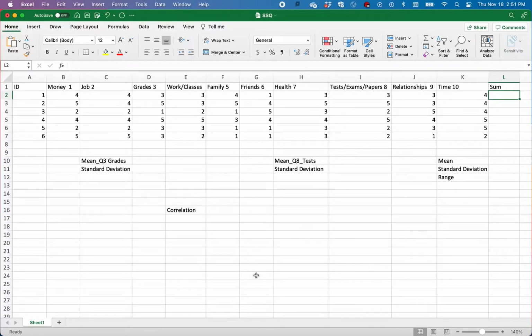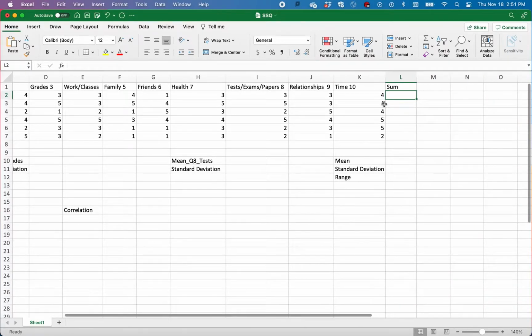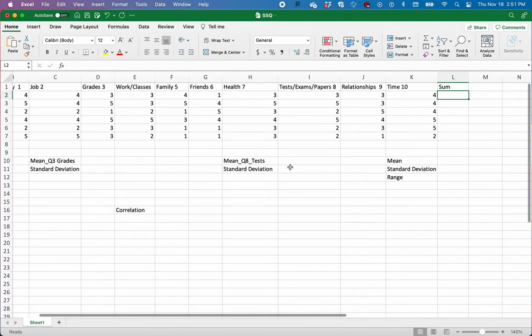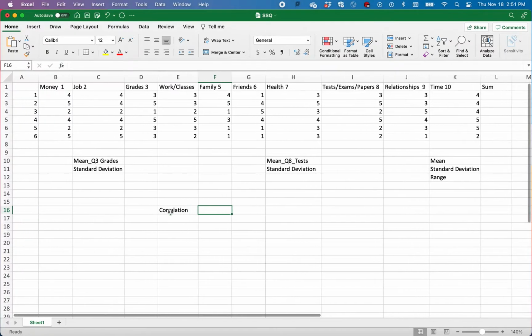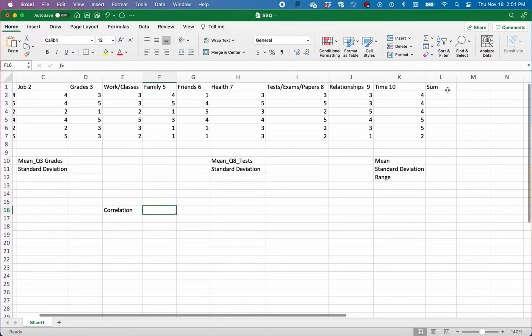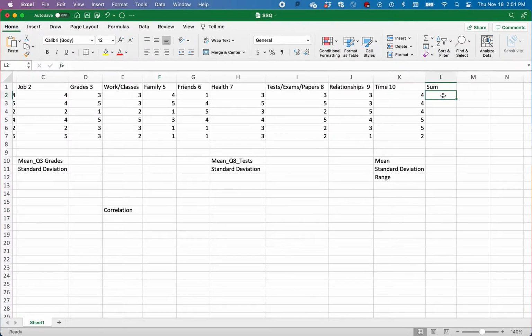We're going to be looking at the mean and standard deviation for the sample as a whole. We'll take the mean and standard deviation for 2 questions in our survey. We'll look at the range, and then we'll do a correlation. All right, so once your data is all entered, the first thing you want to do is